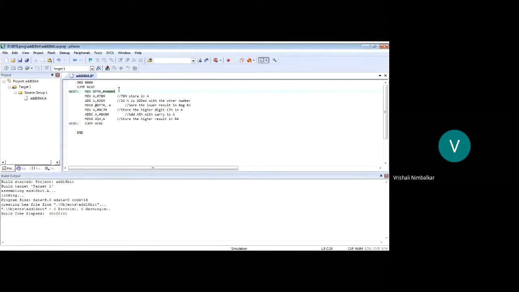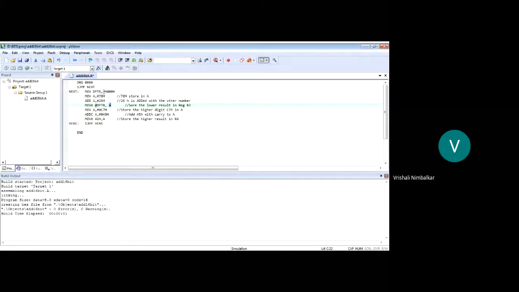That address number is to be saved in DPTR. Then I can use it as a pointer @DPTR. So data from the accumulator is stored in the memory location pointed by DPTR. Correct? So at 4000, the result gets saved.